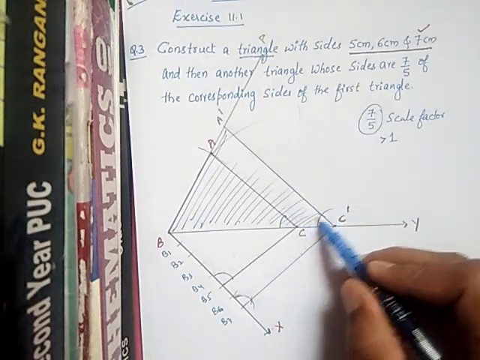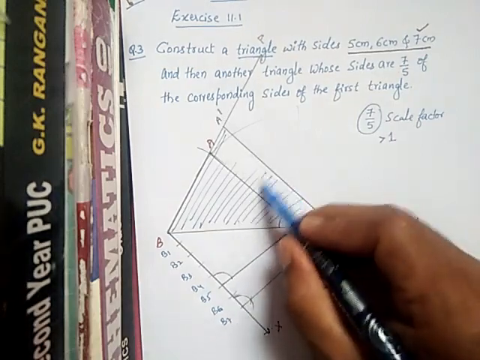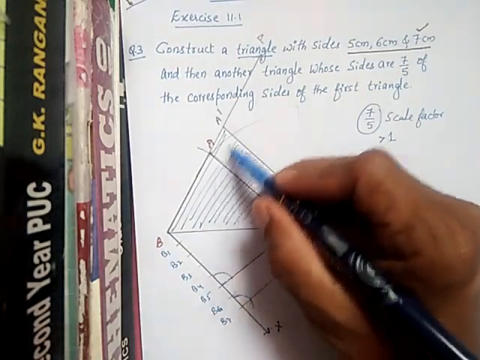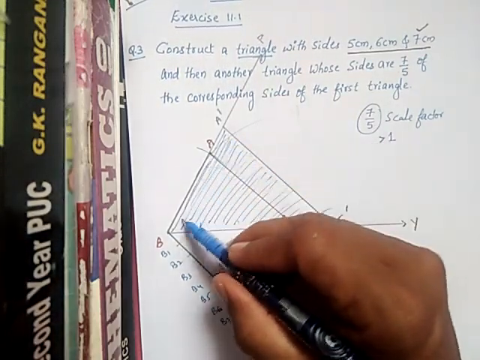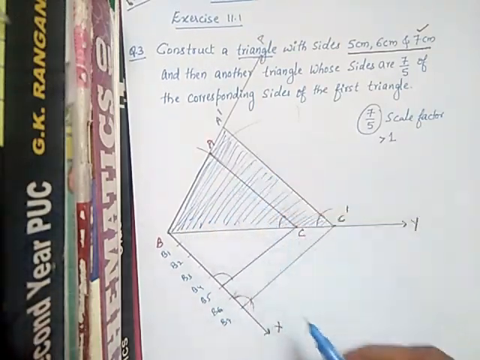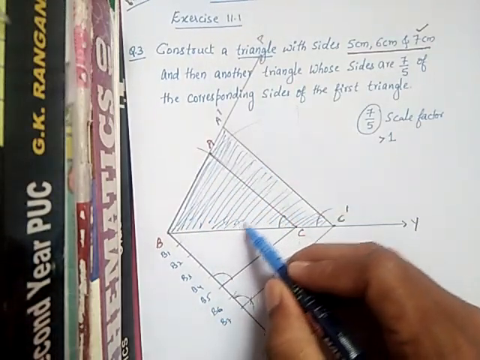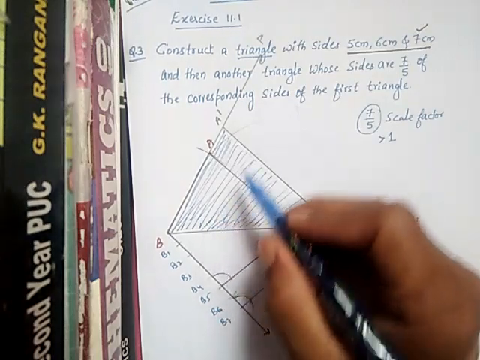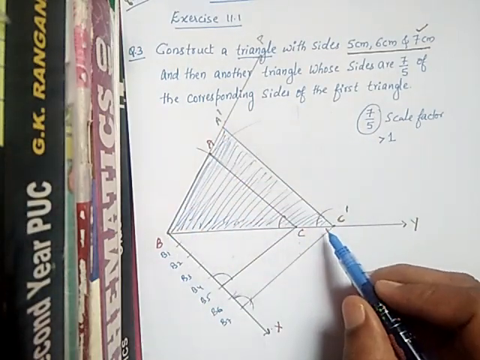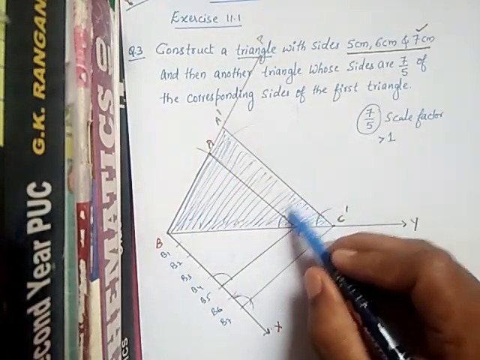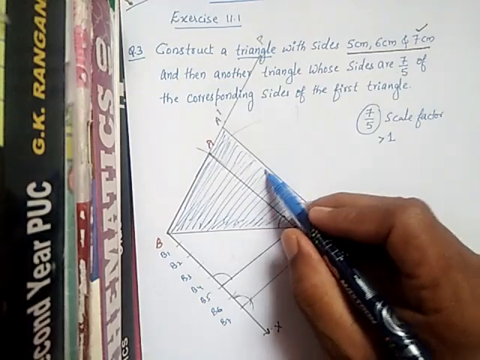Now your required triangle is this one. Just you can shade it with a pencil or some sketch pen. So this is the required triangle now. Okay, complete required triangle. The required triangle is nothing but A dash B C dash. Okay, so the steps you can write, whatever you have done now. Just you can go through that.